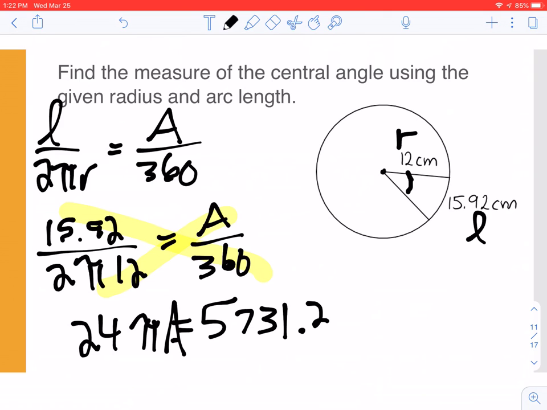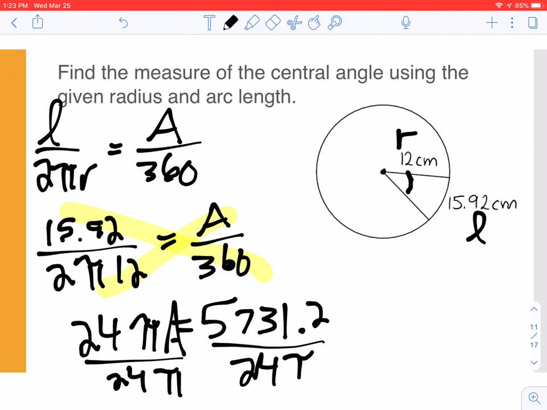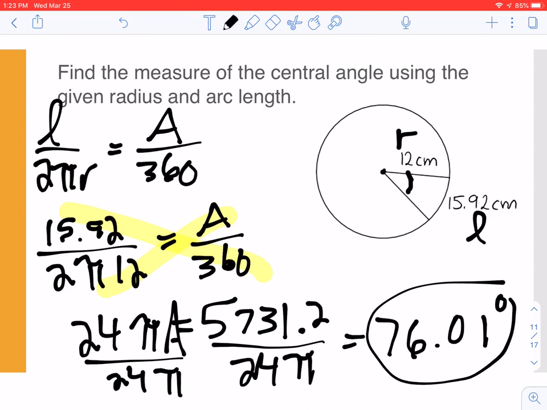Forgot my A here again. Sorry, guys. Divide both sides by 24 pi. And you should get 76.01 degrees. 76. If you guys put 76 degrees, that